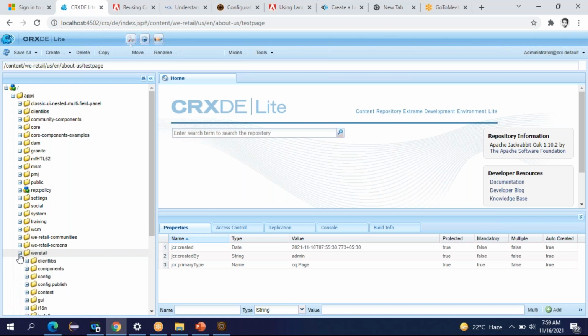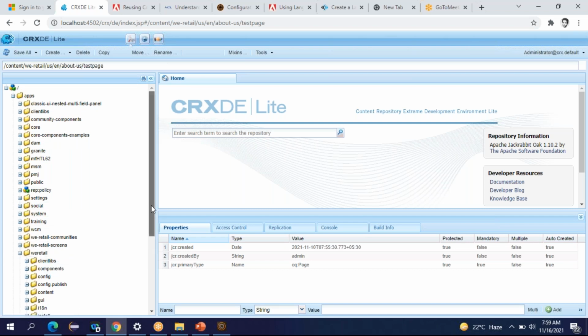In this version of AEM, Adobe provides one sample website called WE Retail for our reference. If I want to develop my own website, I can refer to this, see how things are done here, and reuse the concepts and things.